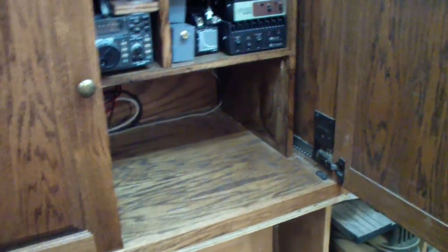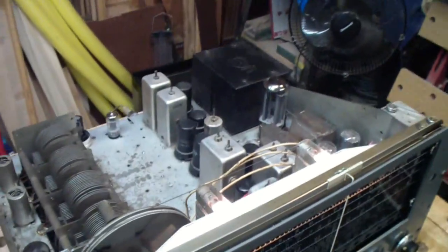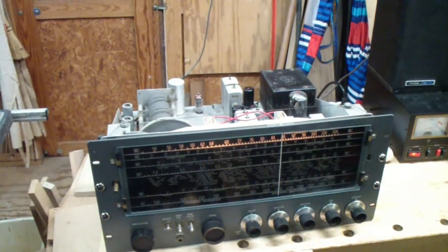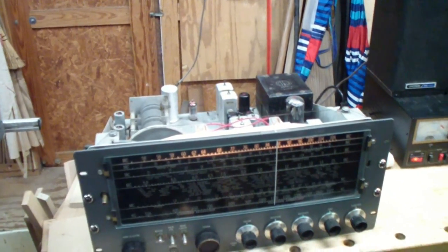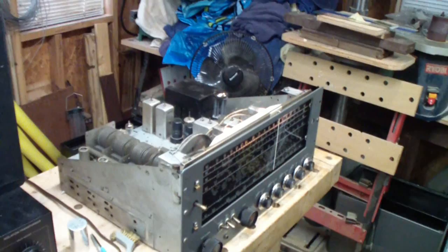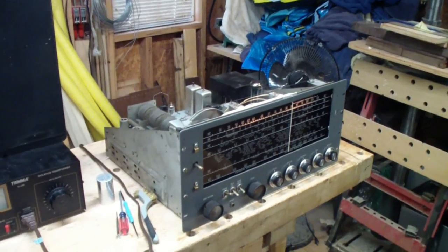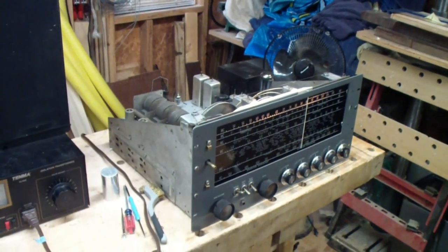You may recall when I first started this video, one of them was in here, which is where I plan to put the final version. But I think my efforts should be put more on this receiver, and the main reason is this one has been modified by someone. It's also been partially restored, and so there's a lot of undoing in this one that I would have to do to bring it back to original factory. This one was, as far as I could tell, original factory when I got it. So except for the knobs and a few other items that I had to add, like a front panel glass and things like that, this is essentially a complete factory